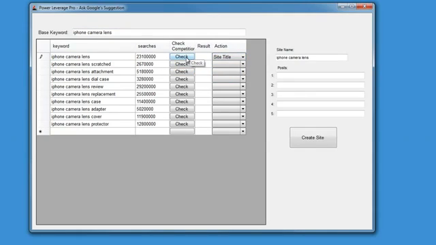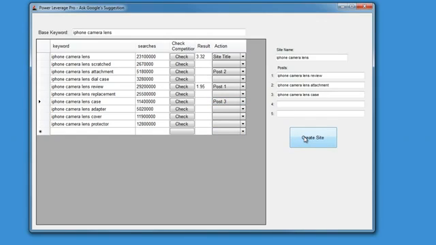Now we have a competition index checker right here too, that all you have to do is click this button, and it's going to go out and analyze the top 10, and it's going to give you back a number, and we'll get into that number and how it fits in inside the members area. But know that it's there. All you have to do is click a button, and you'll know right away what the strength of the competition is. So I'm going to grab this one for sure, and we're going to just grab a few